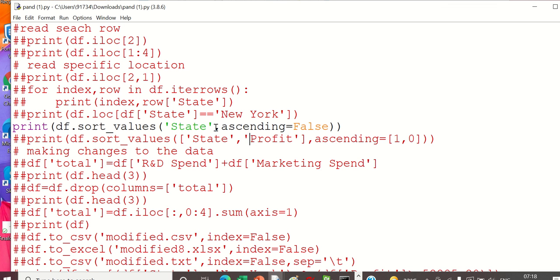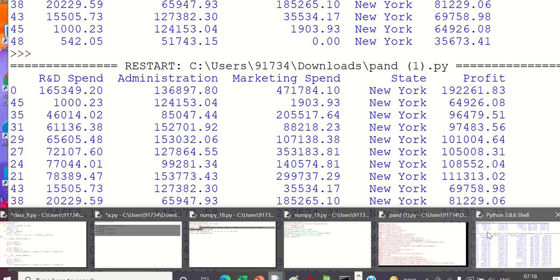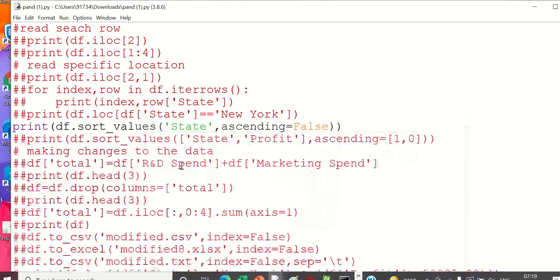Ascending false means it will be descending sort values. It is not sorted properly. I'll see what this is doing. One second.